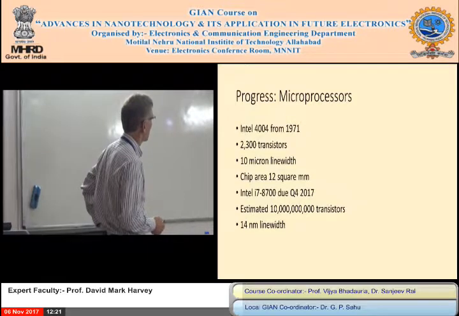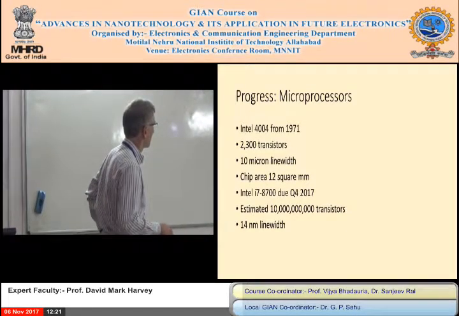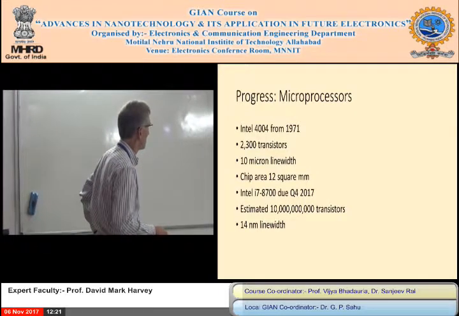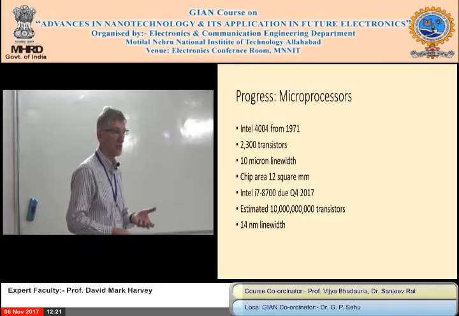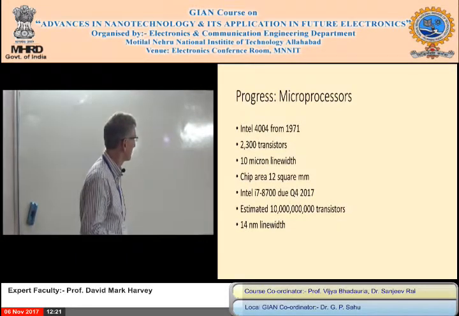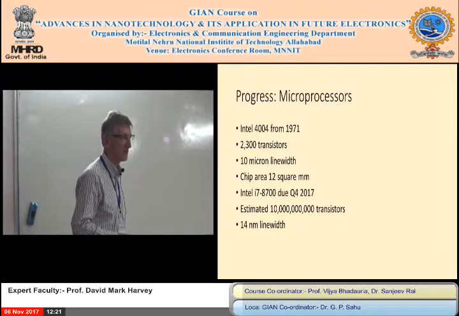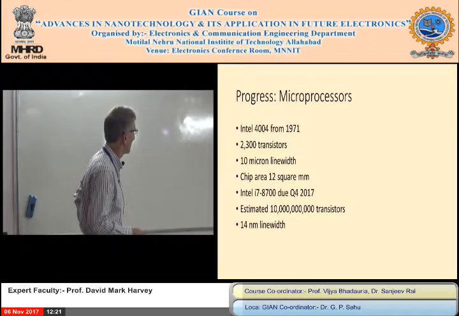So progress in microprocessors. I just picked out 2. This is before I was involved. The first microprocessor I worked on was the Intel 8085, which was one of the first 8 bits, which is very good for teaching, very good for learning. But before that, Intel produced this 4004 in 1971. I think it's a 4-bit microprocessor, mainly designed for a calculator. It's not in general use really, but it's a start.